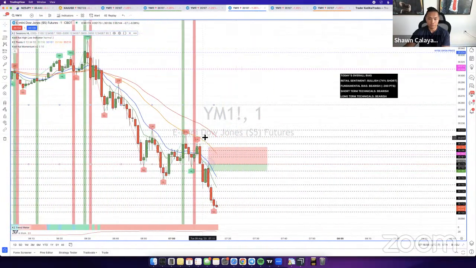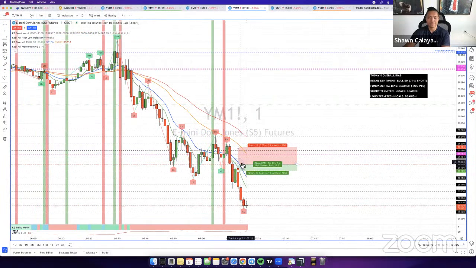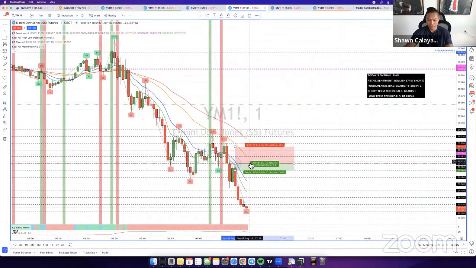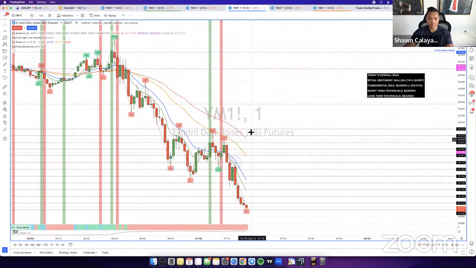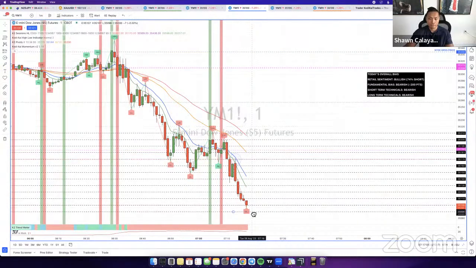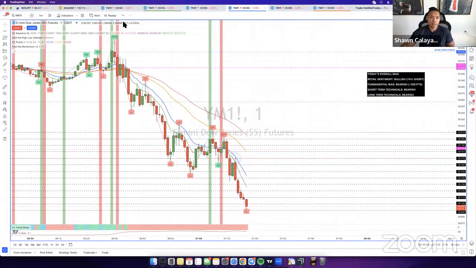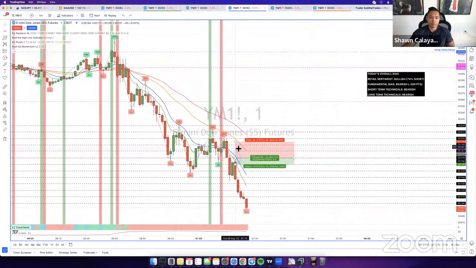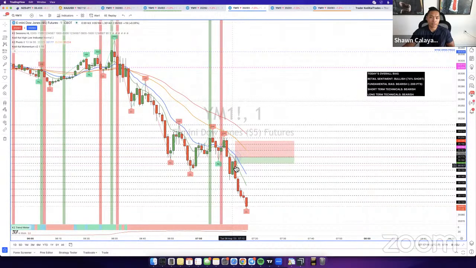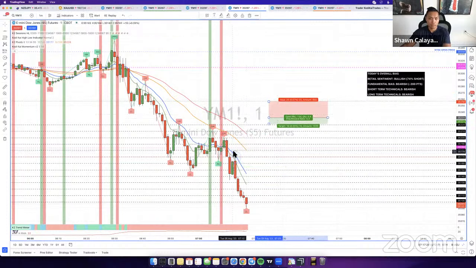Man, that setup was perfect. I was waiting so patiently for this entry right here, but it's all good. I'm glad to see a lot of you guys here still made money on it. The good thing is that the strategy played out, right? I think that's the biggest plus here, that we waited for this analysis. I was just a little too slow with setting my order, but it did play out perfect. So this is just reinforcing our confidence in the position, because we've been applying the strategy for months now, and it's been pretty solid.